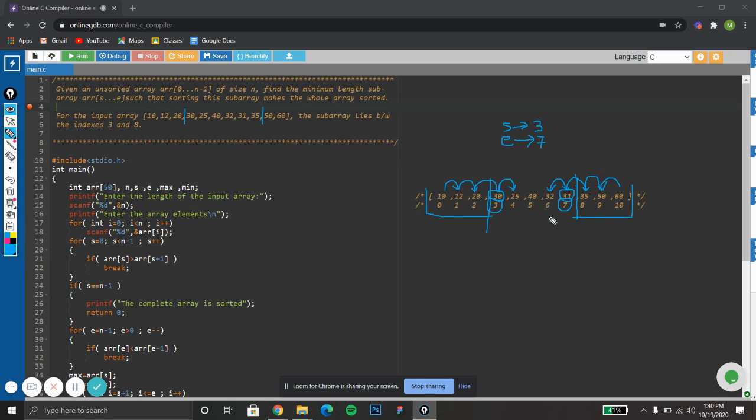So what we have to do next is to check whether sorting this subarray will make our whole array sorted. But in the actual program, we will not sort the subarray. Instead, we will use two variables, min and max, to store the smallest and largest elements in this subarray. We find them and store them in min and max respectively. Here in this case, min is 25